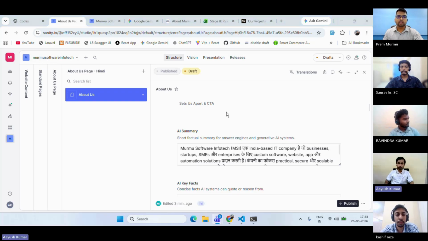Just like for SEO we need a sitemap for our website, which tells the search engine how many pages we have, for AI we have three files. One is llms.txt, another one is llms-full.txt, and an AI content set. So for this,